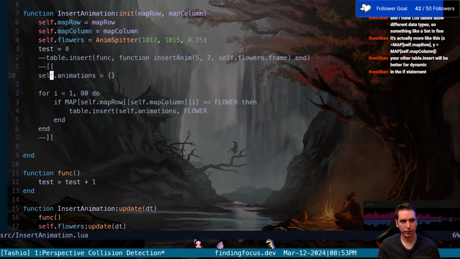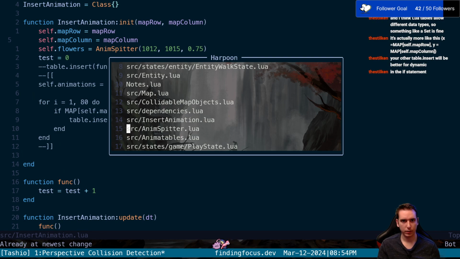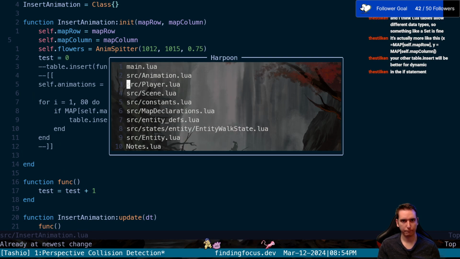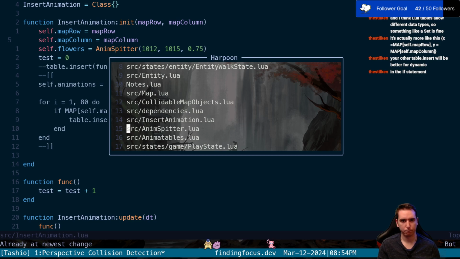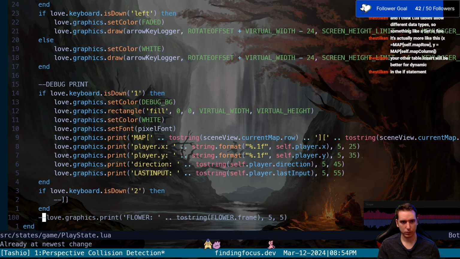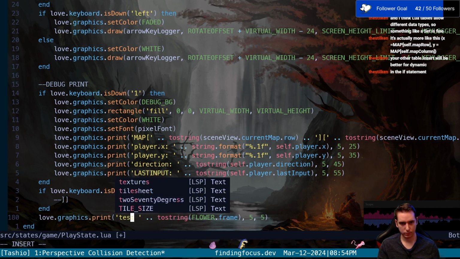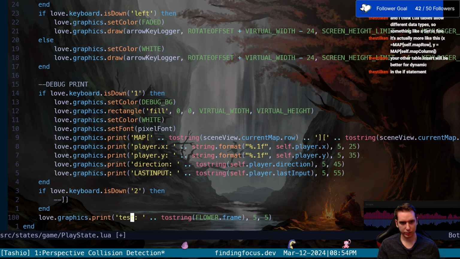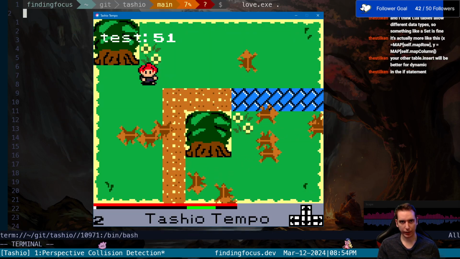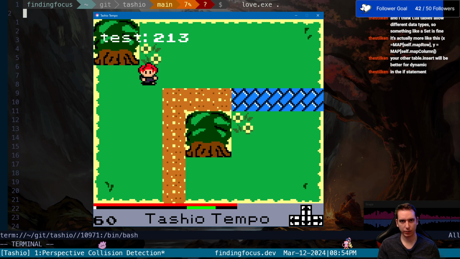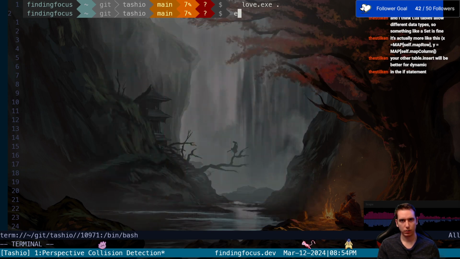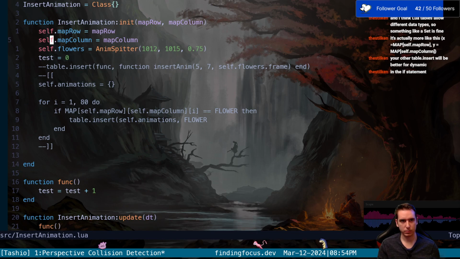Now, can we print test at this point? We'll go to our play state. It will print test. Now I'm just curious if you can put a function in a table. I don't see why you wouldn't be able to, but this is what we're trying to test. Okay, so test is getting incremented every delta time. Okay, so the question is, can we